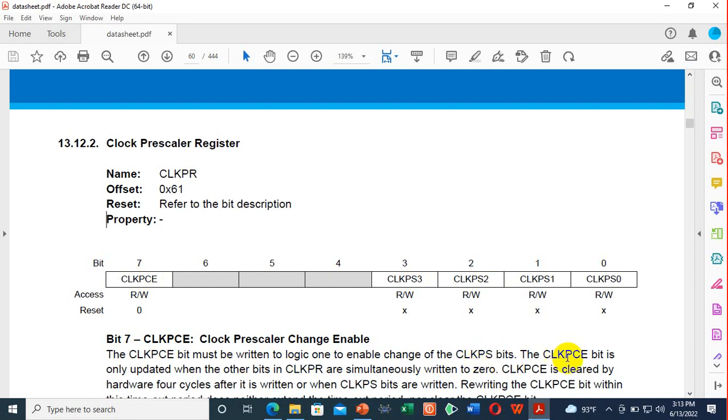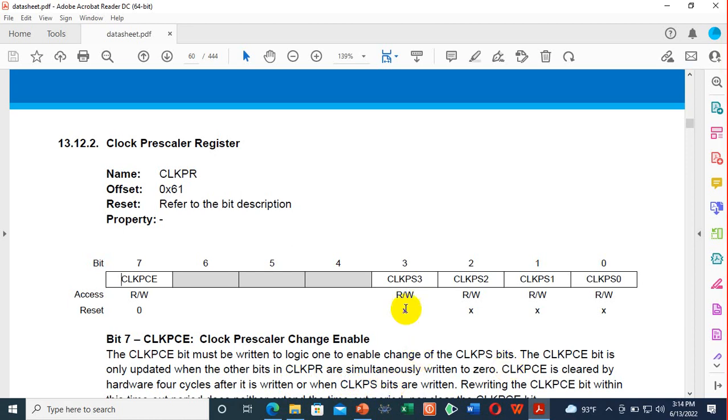The clock prescaler change enable bit is only updated when the other bits in the clock prescaler register are simultaneously written to 0. Clock prescaler change enable is cleared by hardware four cycles after it is written or when the clock prescaler select bits are written. Okay,